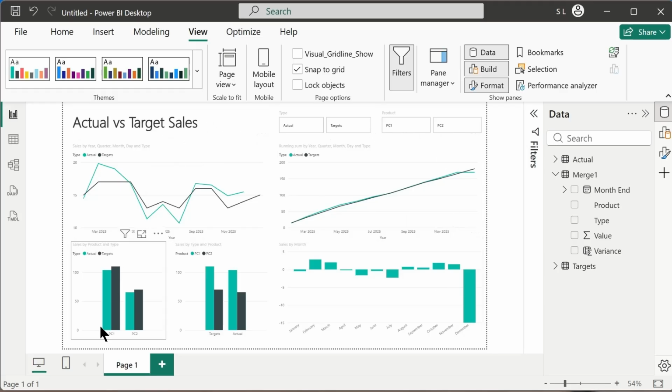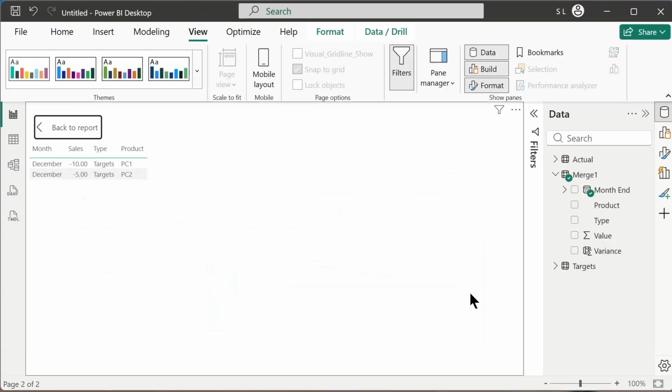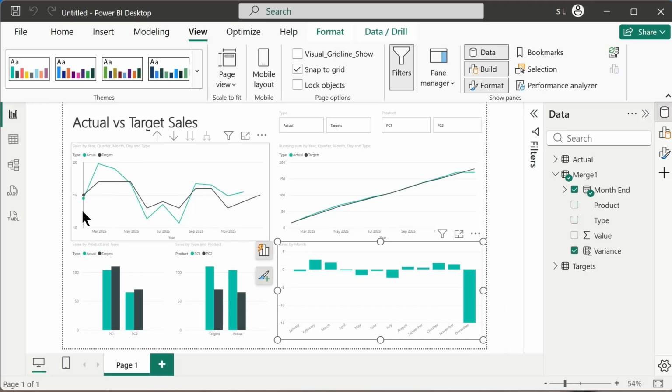Hello everyone and welcome back to another Power BI desktop tutorial where we will analyze and compare actual and target sales using these visuals and Power BI desktop dashboard, and using this information which has actual and targeted sales, and there are two products and the targets are provided for the year 2025 and the actual sales are also provided, and using this data we will create this dashboard, and in this dashboard we will compare actual and targeted sales